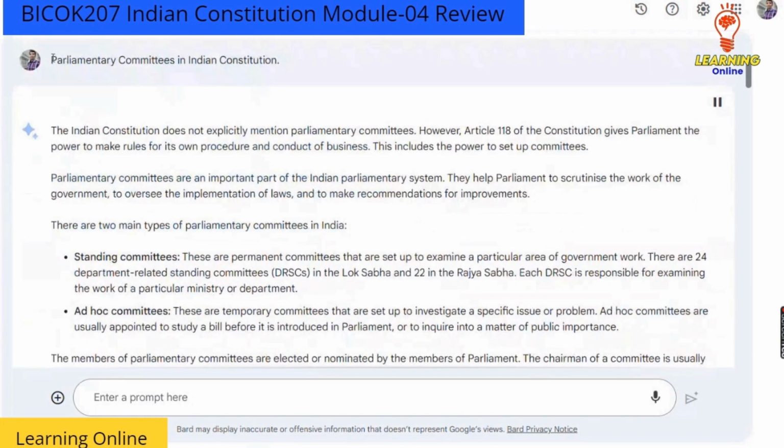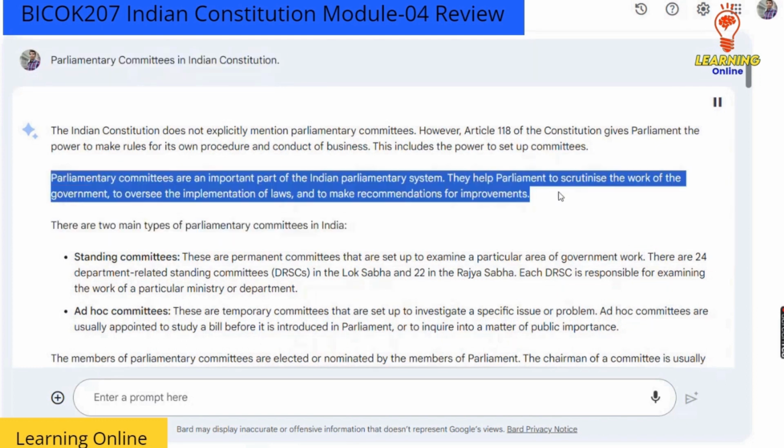The Indian Constitution does not explicitly mention parliamentary committees. However, Article 118 of the Constitution gives Parliament the power to make rules for its own procedure and conduct of business. This includes the power to set up committees. Parliamentary committees are an important part of the Indian parliamentary system. They help Parliament to scrutinize the work of the government, to oversee the implementation of laws, and to make recommendations